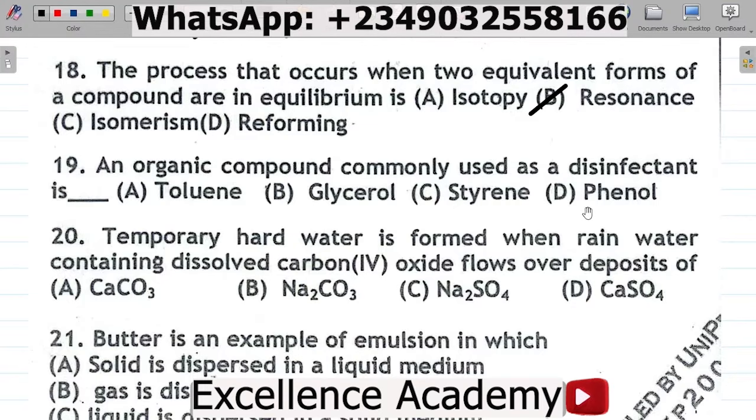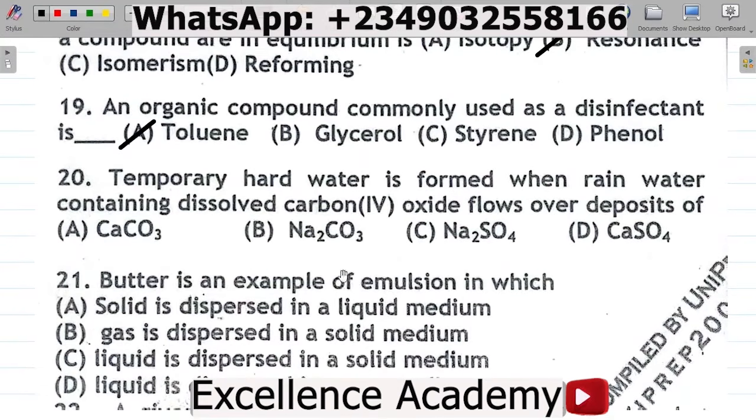For phenol, phenol is used for sore throat, all right? So for this, the answer is toluene. So the answer to this question here is A, toluene. Toluene is the organic compound that is commonly used as a disinfectant. So that's it. Question number 20 here says, temporary hard water is formed when rainwater containing dissolved carbon dioxide flows